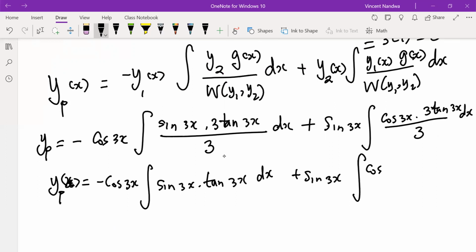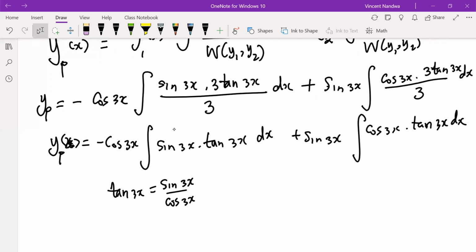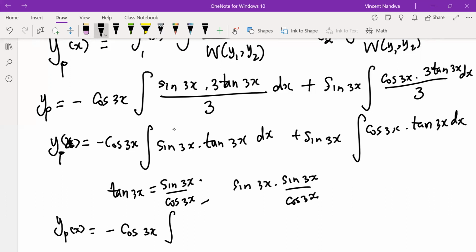Integral of cos 3x times tan 3x dx. So we know that tan 3x is the same as sine 3x over cos 3x. So for this first part, sine 3x times tan 3x is the same as sine 3x over cos 3x. So this will be the same as sine squared 3x over cos 3x. So yp of x will be negative cos 3x integral